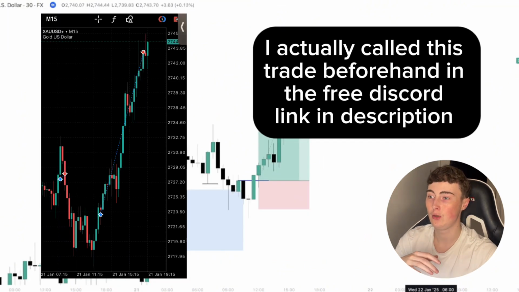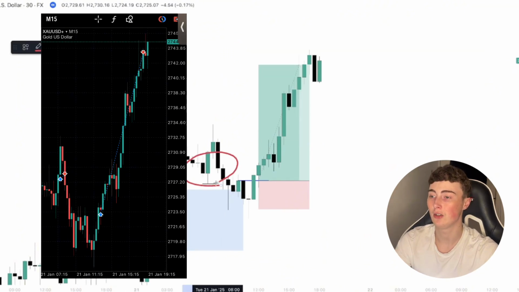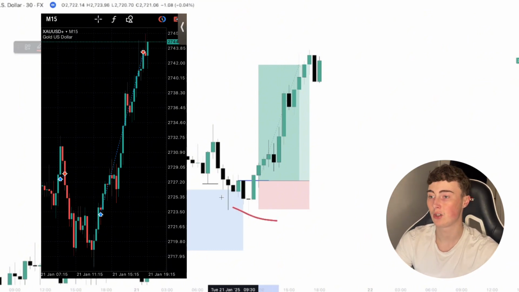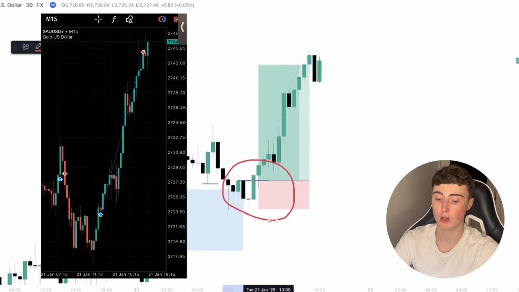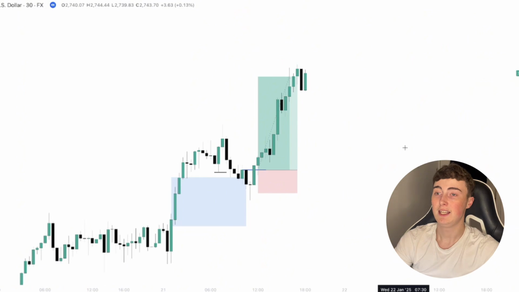So here's the execution screenshot. You can see on the left that first position I took in London, how it was a break even, right? The open and the close is at the same level, no harm done there. And then you can see the second execution I took in New York off the 30-minute order block. And you can see that I held that all the way until the end of London close. So yeah, these are 3 trades that I took last week, 2 wins, 1 break even, that allowed me to secure